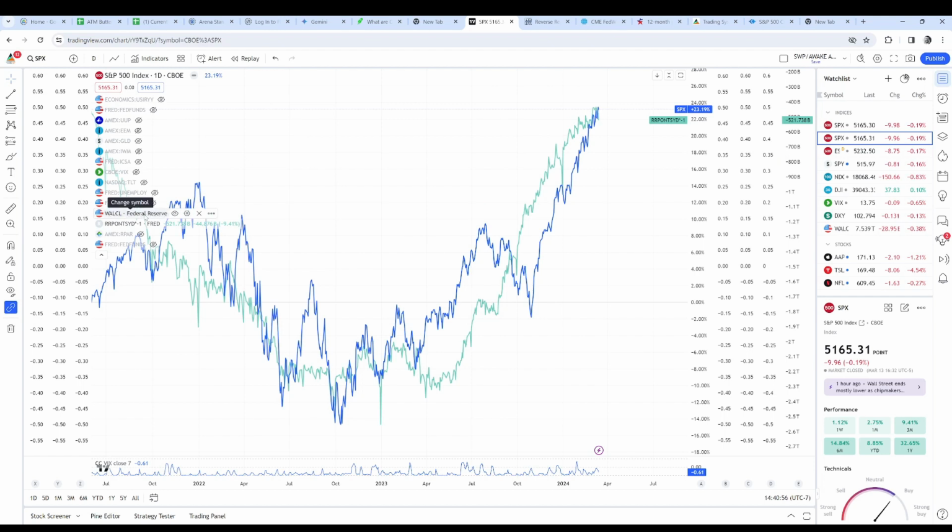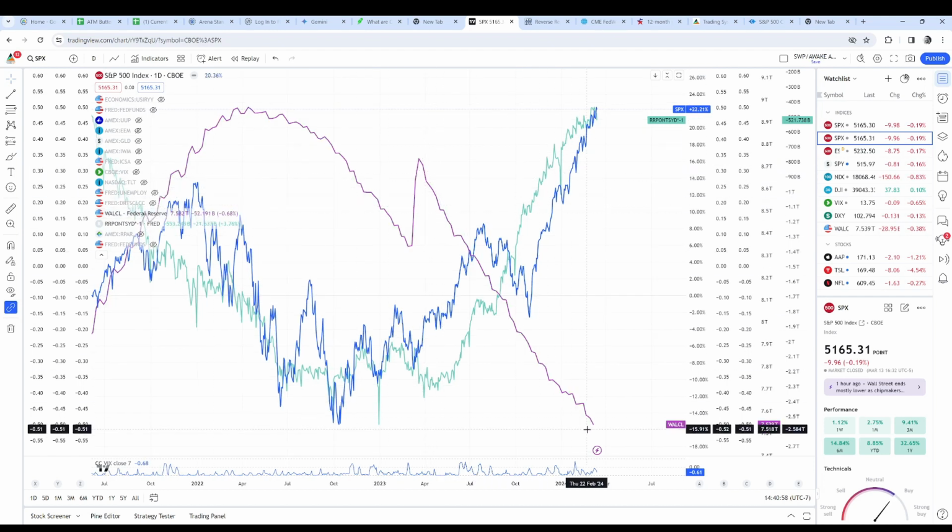Then, of course, you've got the Federal Reserve that's tightening in the background, but they're pseudo tightening, right? They're rolling off their balance sheet, but at the same time, the reverse repo market is absorbing all of that, because it's money they've already printed previously.